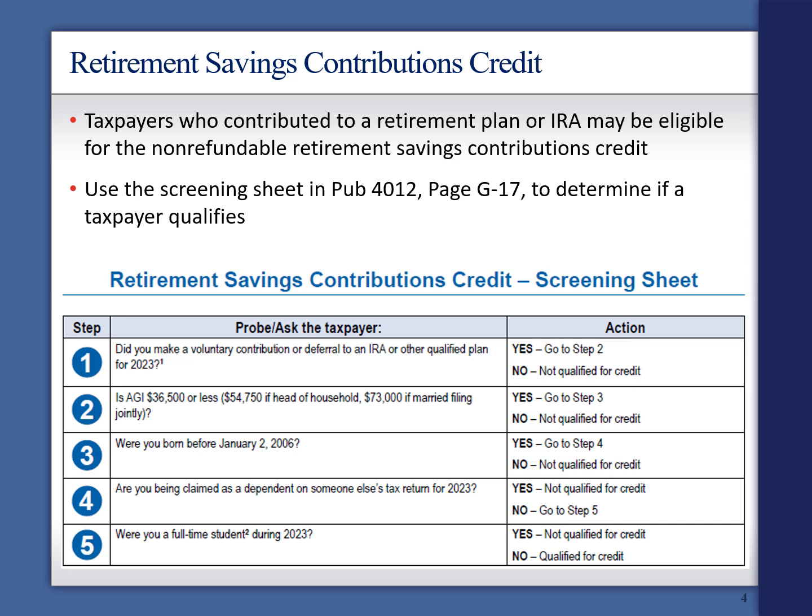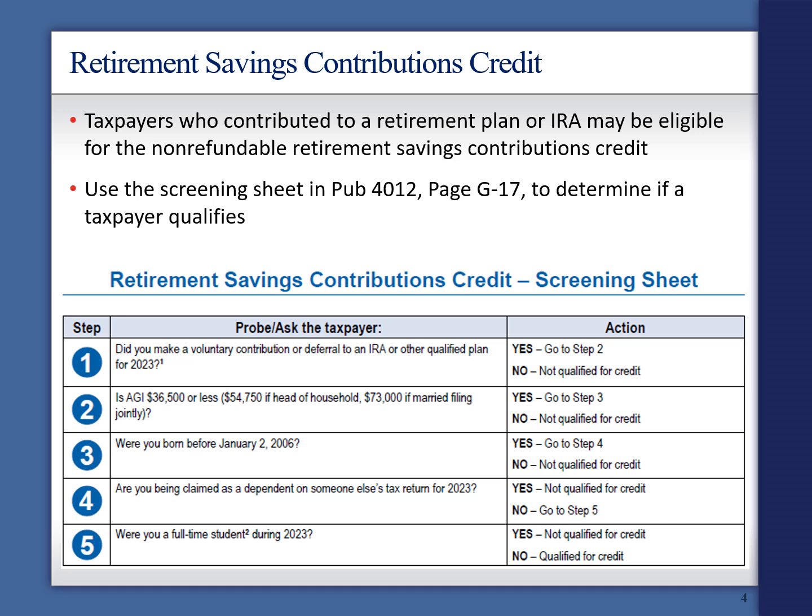There's an age test. You must be 18 or above. You cannot be claimed on someone else's return, and you cannot be a full-time student. If the contribution is tax deductible, such as a traditional IRA, the taxpayer receives the benefit of the income deduction and a tax credit, but contributions to non-tax deductible accounts such as Roth IRAs can qualify the taxpayer for the